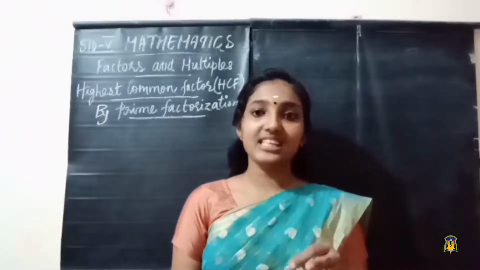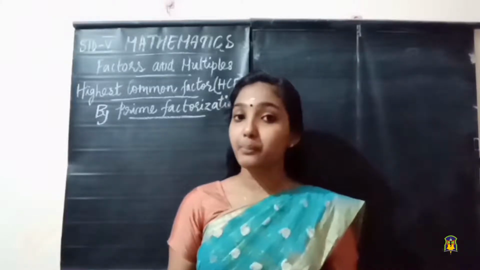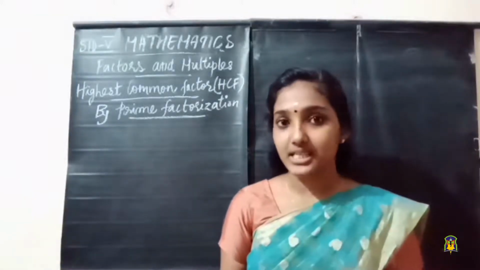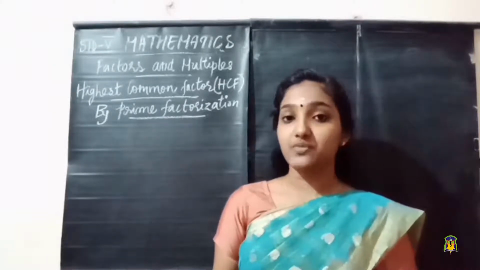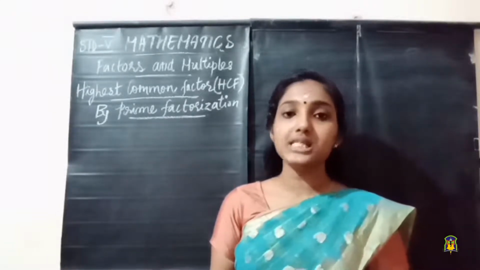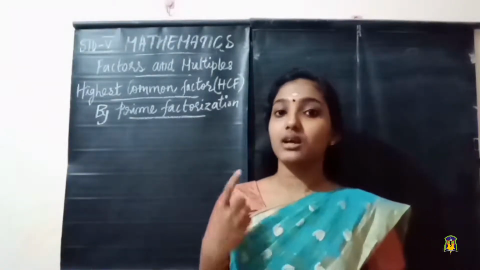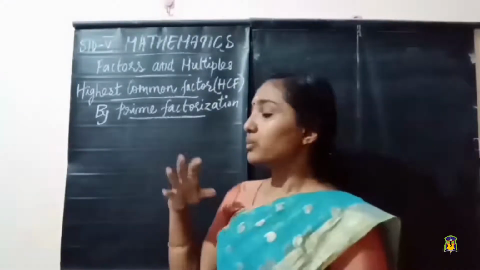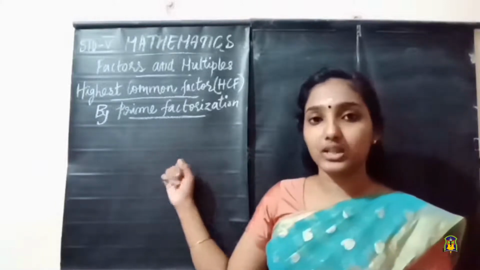So today in this class we are going to find the HCF of given numbers by the prime factorization method. We have already studied how to find the prime factorization of given numbers, and we have gone through two methods, the factor tree method and also the short division method, right? So here we are going to use the prime factorization and then find the HCF